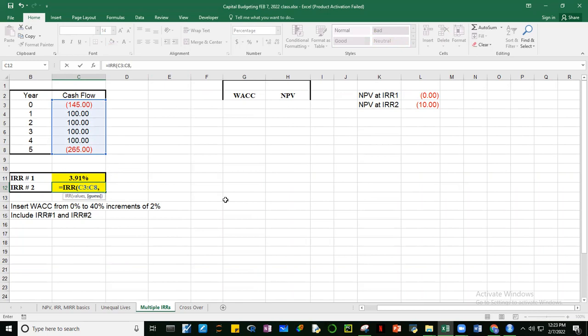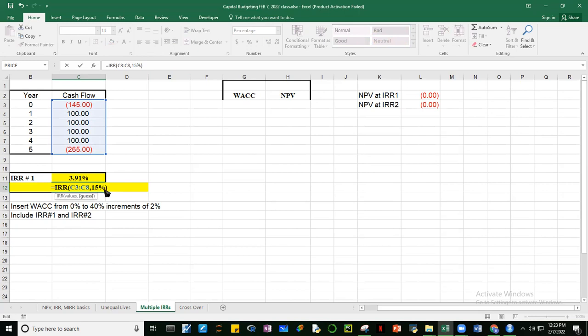So, once you have obtained the first IRR, yung lower na IRR, in order to determine the next IRR, what you do is use this guess function. So, kunyari, lagay ko dito, it should be a higher value, no? Higher value than the first IRR. So, I can make this, let's say, 5%. Enter. Wala pa rin, no? Wala pa rin. So pareho pa rin, 3.91 pa rin. Why don't I make it 10%? Wala pa rin, no? So medyo trial and error.